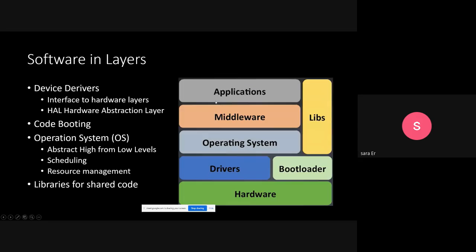Software layers may be the application layer or the middleware layer, which is a small step lower than the application. After that comes the operating system, then the driver, and at the bottom of them is the hardware layer. If we want to communicate with the hardware layer, it is possible by using different drivers, different bootloaders, and after that, the operating system uses drivers.